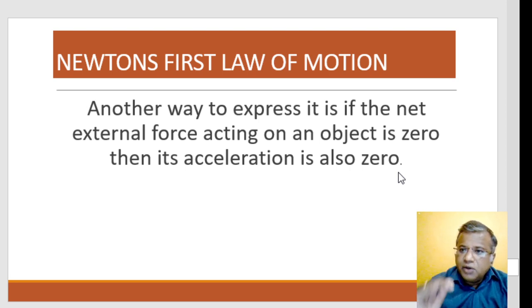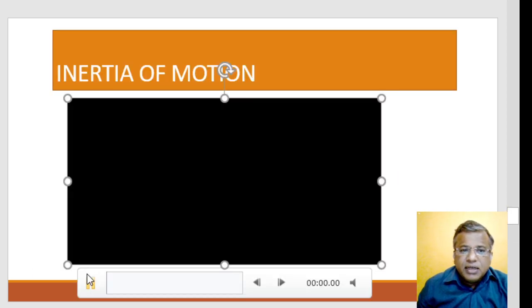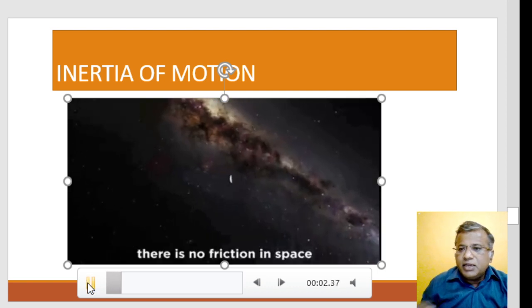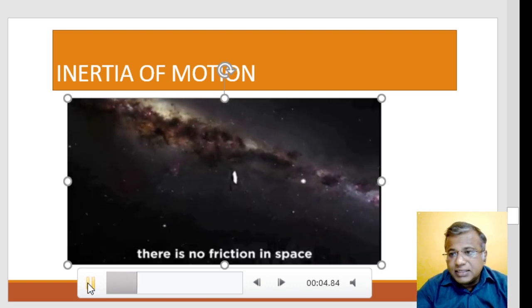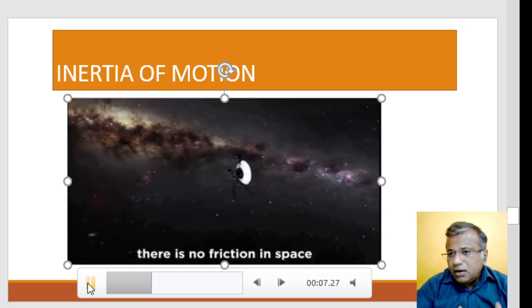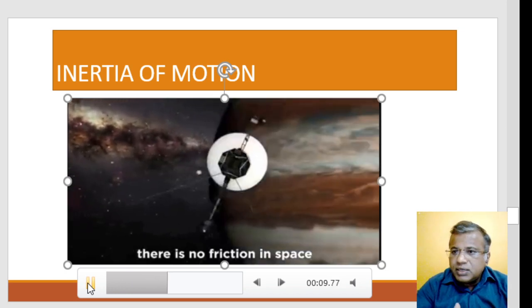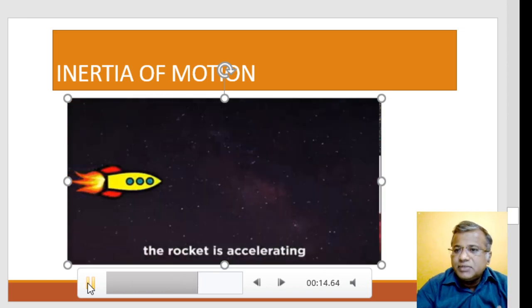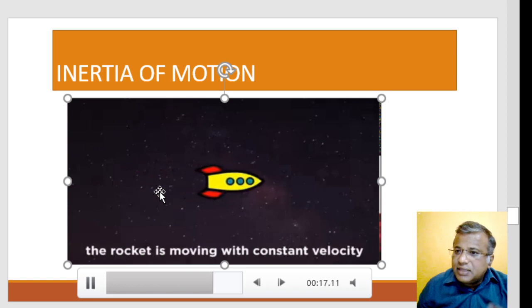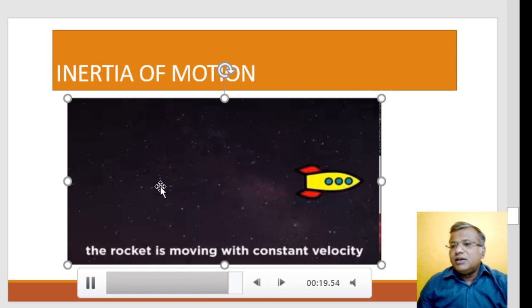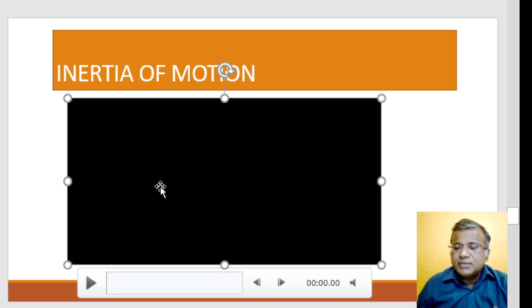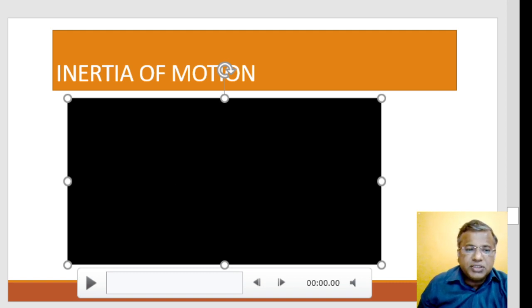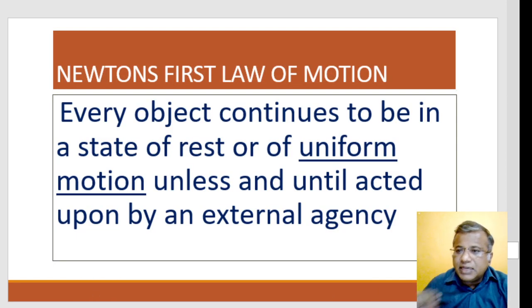If the object is going in space with a constant velocity, like the example which we took over here, that doesn't mean that the net force on the object has to be anything but zero. When the object is accelerating, there was some net force. But once the object is going with constant velocity, then we say that the net force is which one? Zero. So I want you to understand this word which I have underlined over there.